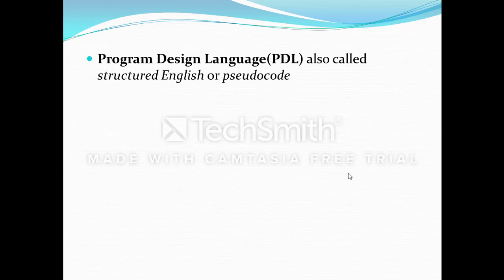The basic PDL syntax should include constructs for component definitions, interface descriptions, data declaration, block structuring, condition constructs, repetition constructs, and input and output constructs, etc. So it includes syntaxes of these types of constructs.